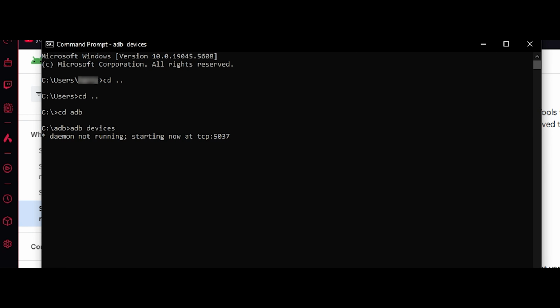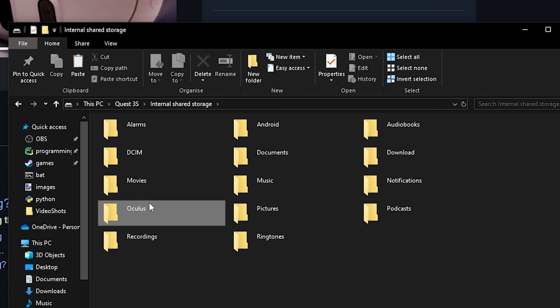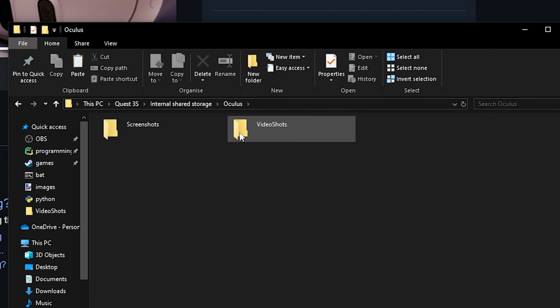and it should say something like daemon not running, starting now, and it will start successfully. There's devices attached, and then you've got your ID, and it says device. If it says unauthorized instead of device, that's because USB debugging is not enabled. So unplug and replug your headset in, and look at the screen, and you should see allow USB debugging. Try and click allow or always allow from this computer, but I've already got it on, so I don't need to do it again. So once you've done that, and everything is set up, you've got developer mode on,